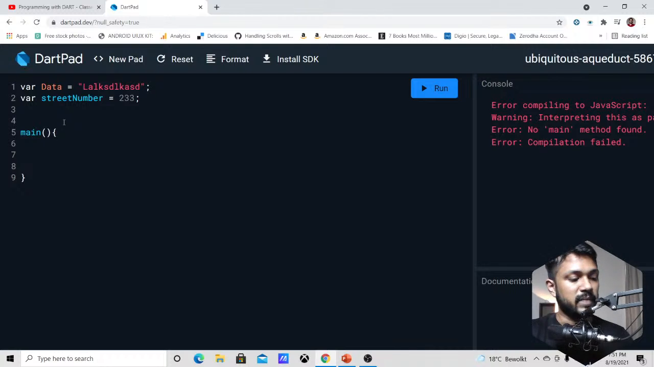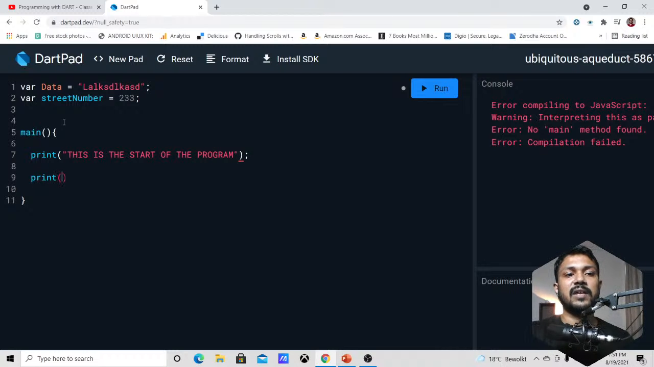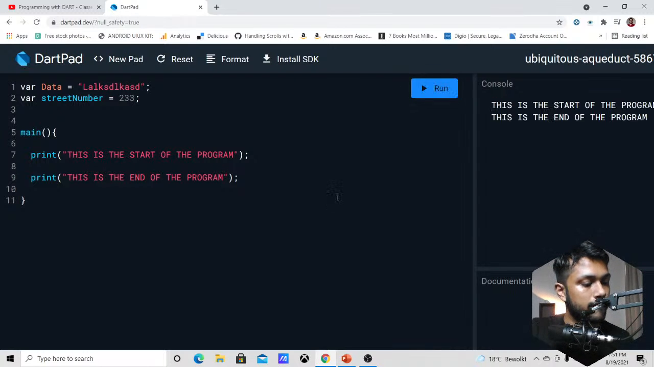Like I said, in the main function, you're going to get started. So just do my first print statement here. I'll say this is the start of the program. Great, finish it. And the next thing I have is this is the end of the program. Great, and we'll just run it now. And if you see to the right,